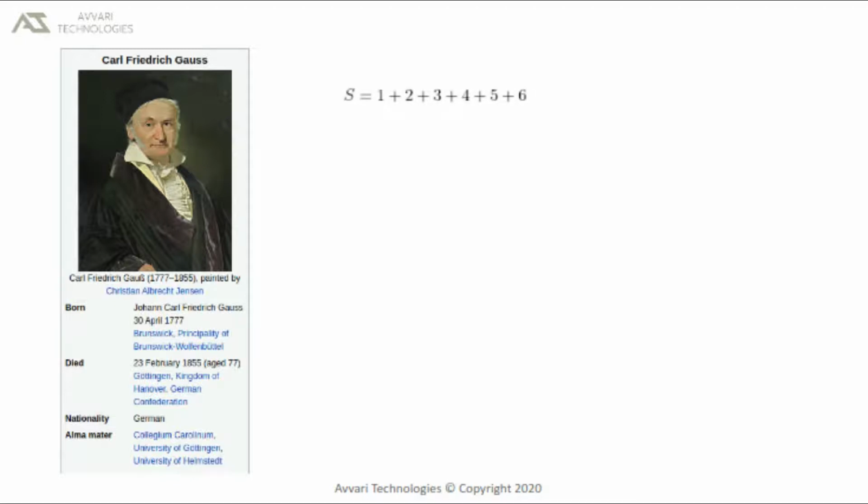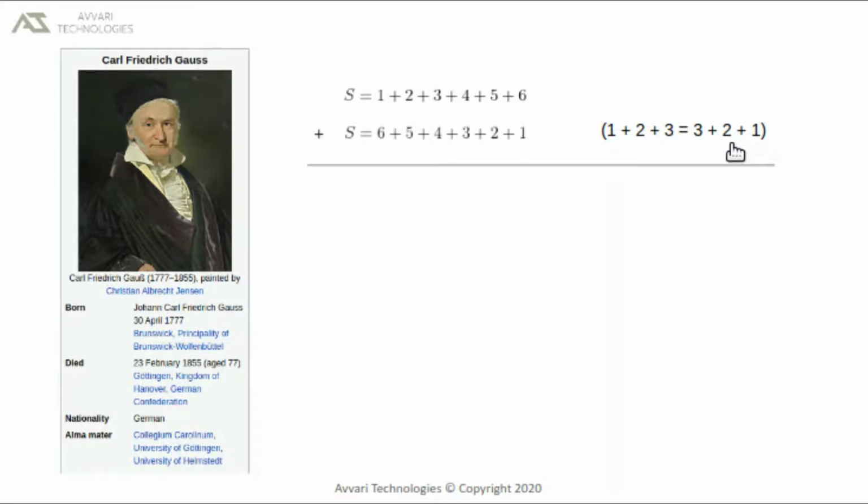Say for instance we take numbers from 1 to 6 instead of 1 to 100. The idea remains the same. If we are able to solve for numbers 1 to 6, we can surely solve for numbers 1 to 100. Here S is equal to 1 plus 2 plus 3 plus 4 plus 5 plus 6. Now we will write it in the reverse order. Both are the same, like writing 1 plus 2 plus 3, which is equal to 6, and 3 plus 2 plus 1, which is again equal to 6, following the commutative law for addition.